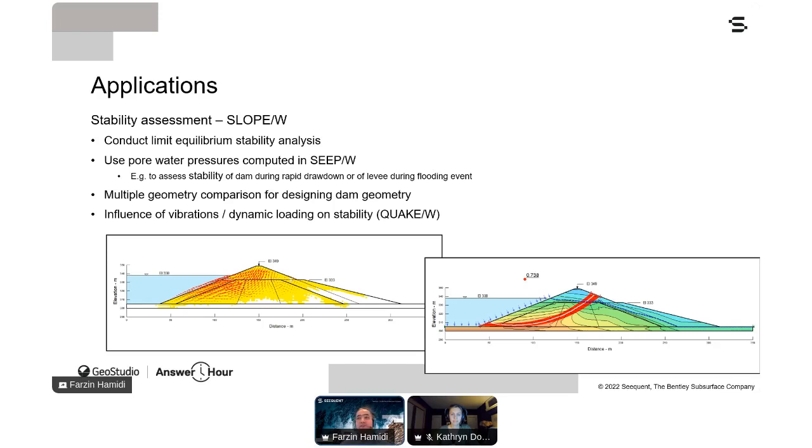Or you can go further and couple SLOPE/W with QUAKE/W analysis and run the fully dynamic calculation.